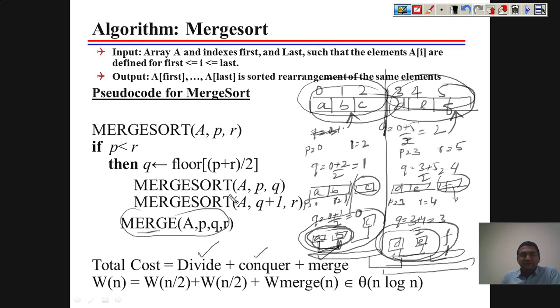So if you want to represent it in terms of a recurrence relation, if we are interested in finding the worst cost or the maximum effort that is required, we are representing it as W(n).